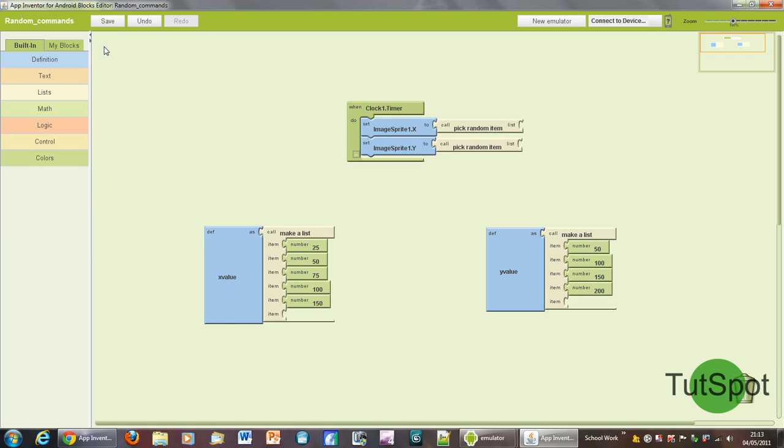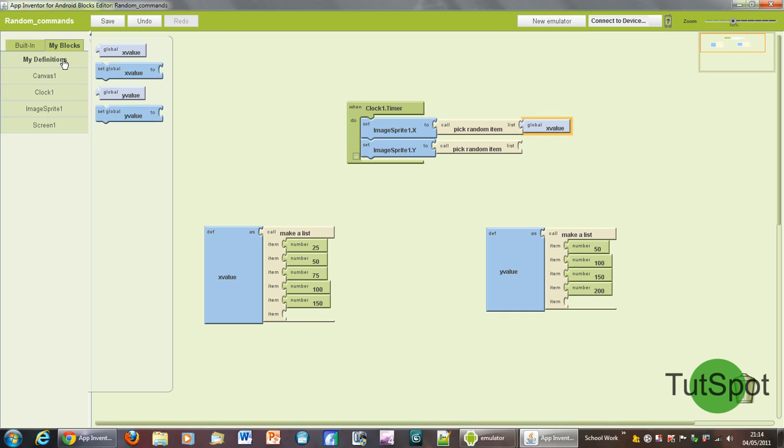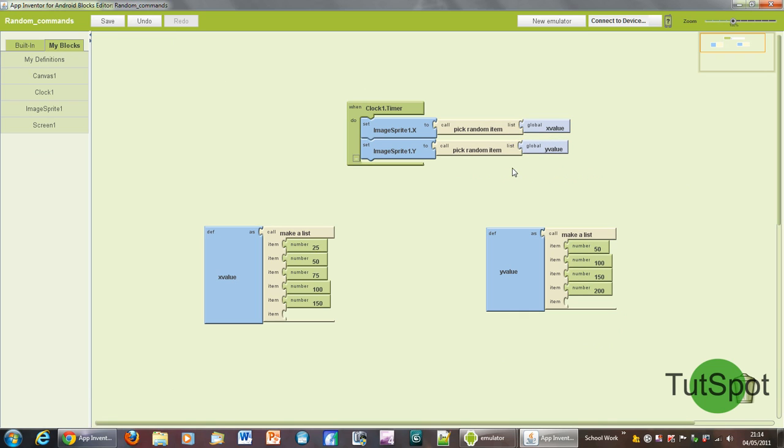So now we just need to go on to My Blocks, My Definitions, and you can see here we've got global X value and global Y value, the names of the lists that we've just made. We just need to drag those onto the pick random item list socket, and there we go, we're pretty much good to go. So now if we connect to the emulator,